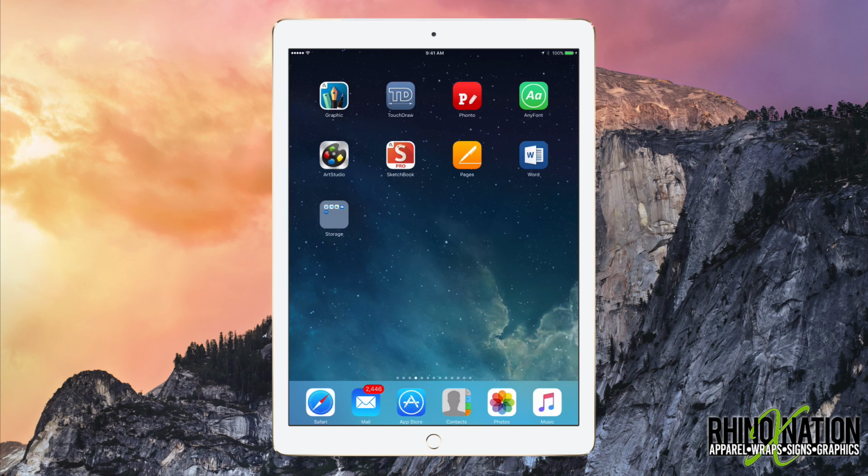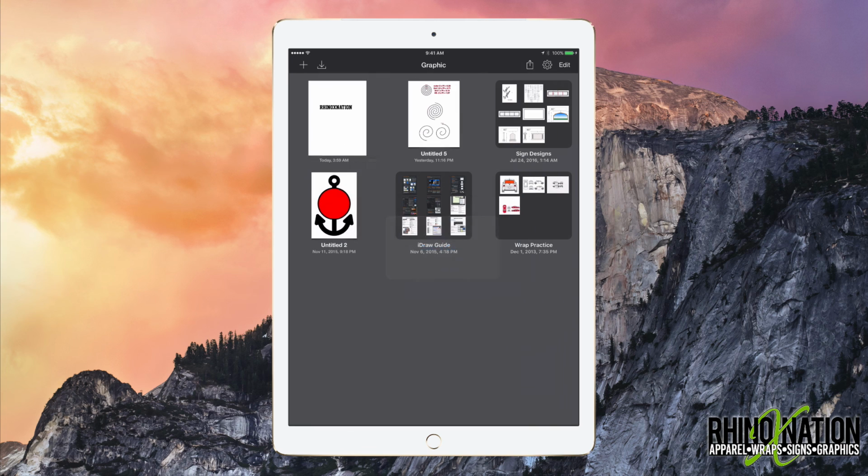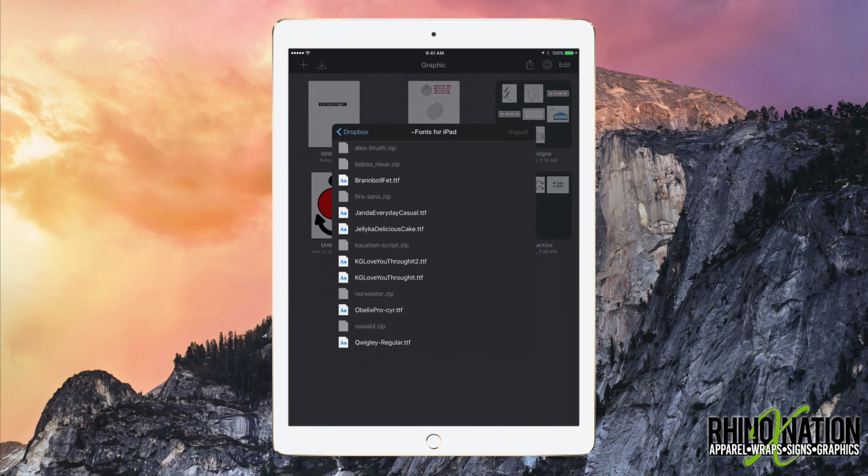So the next app we're going to show you is Graphic. And when you install fonts from Dropbox to Graphic or from iCloud to Graphic, you have to do it from within the app. So we're going to go back to the library. We're going to click this little down arrow, and it'll say import from Dropbox or import from iCloud. So we're going to click import from Dropbox. We'll scroll down, we'll click on this Varsity Playbook,